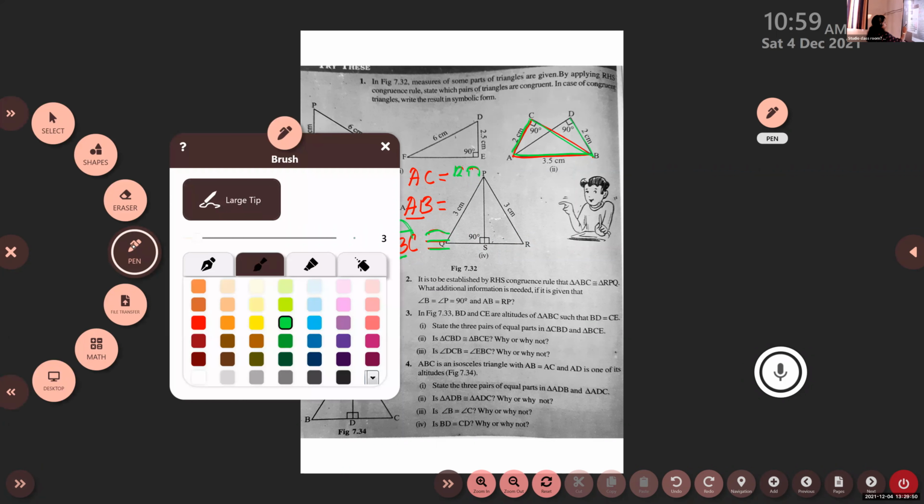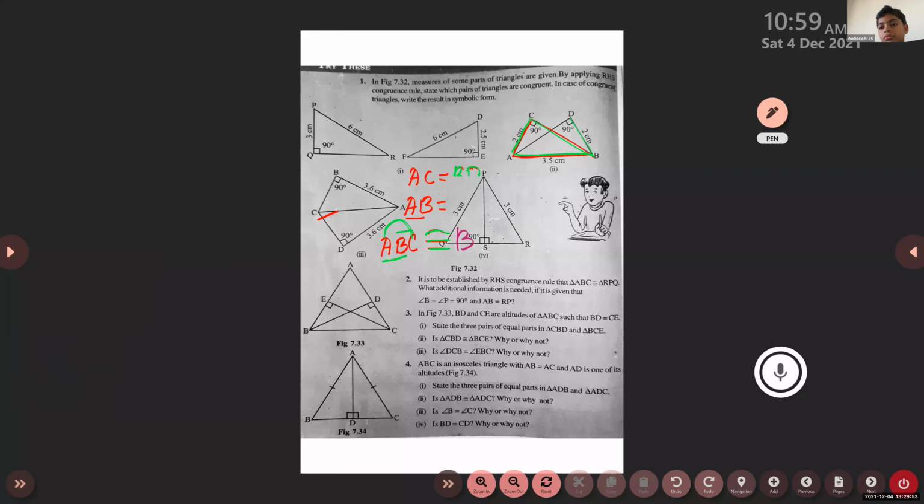If you write BAD, okay, AB is equal to AB. Then AC is equal to BD, no? Yes, ma'am, it is correct. This is the correct correspondence. This is the way you have to write them. So AB is equal to AB or BA, same. AB and BA are same. Then next you have to show that AC is equal to BD. So the positions you have to check. AC is here, BD is here. Correct. Okay. So ABC is congruent to BAD.